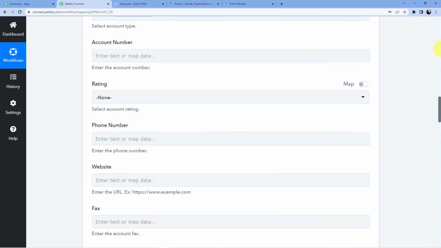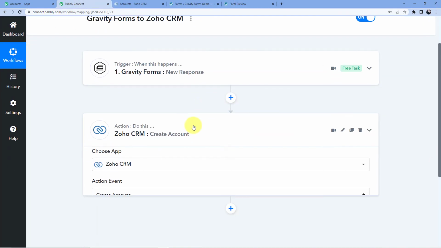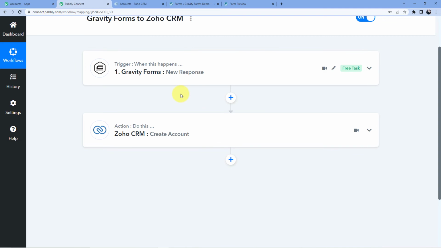So friends, this is how you can connect your Gravity Forms to your Zoho CRM, and you can create an account in your Zoho CRM whenever a new form response has been submitted through your Gravity Forms. And this automation is very useful when you are working in a B2B industry, business to business. When somebody is filling out the form, you can know about their industry, you can know about their kind of work, either they are a service provider or they are a supplier or whatever they are, and this workflow can do wonders for your business.